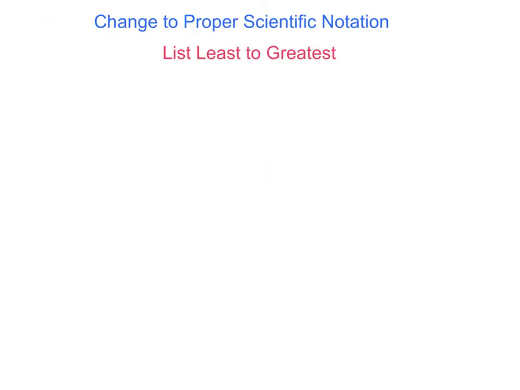Alright, for the last example using scientific notation, I'm going to give you 4 numbers that are written in scientific notation, but they're not the proper form. So we're going to change them to the proper form of scientific notation, and then we're going to list them least to greatest. So 4 numbers. 50.1 times